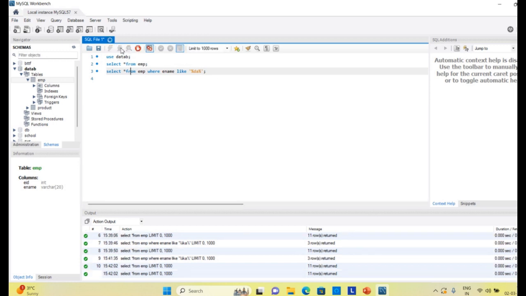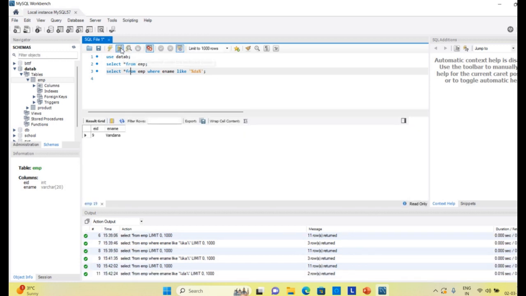So you will find the two names Vandana and Nandan, which have the letters DA between the percent signs. The word may be of any length, 1, 2, 10, 20, whatever the length, and it may start or end with any alphabet, but the phrase DA is present in the word. So this is what we have seen.